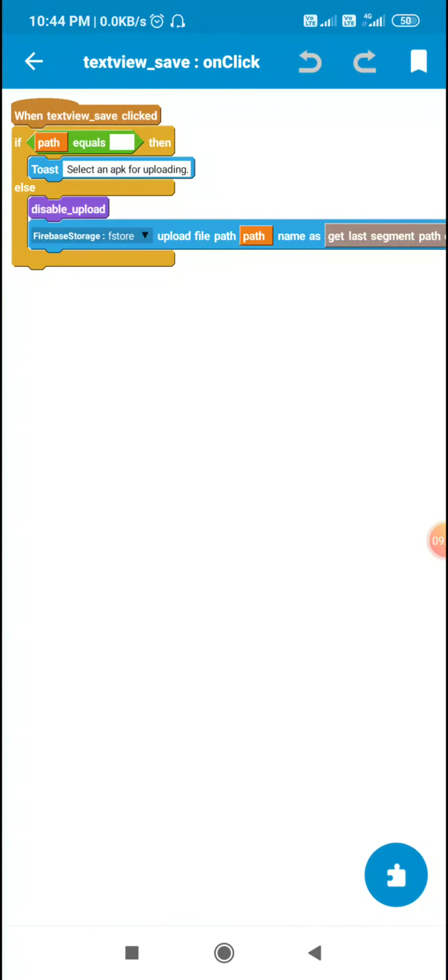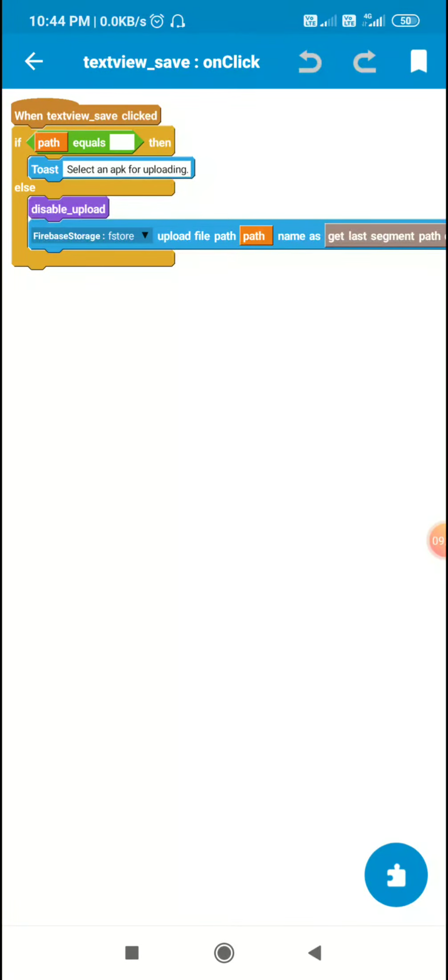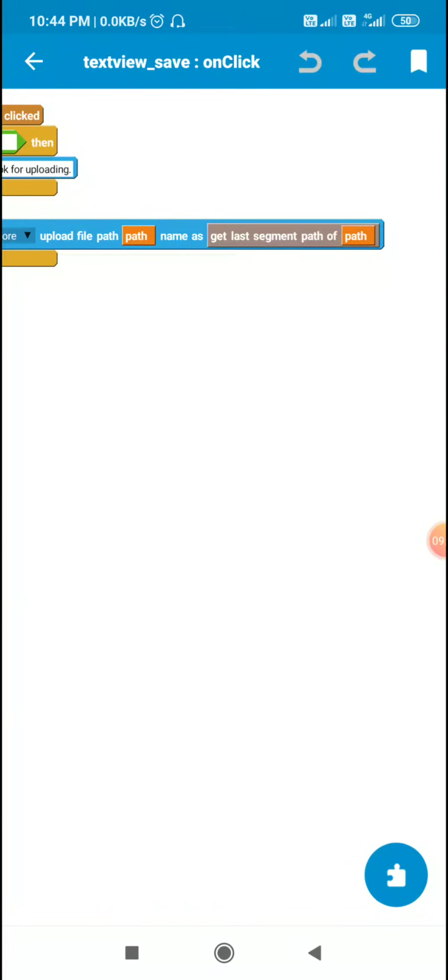here I check if the string variable path is empty. If string variable path is empty, it means user has not selected any APK, and in that case I toast select an APK for uploading. And if he has selected an APK, if path is not empty, then I disable upload, and to Firebase storage I upload file path with name as get last path segment of path.